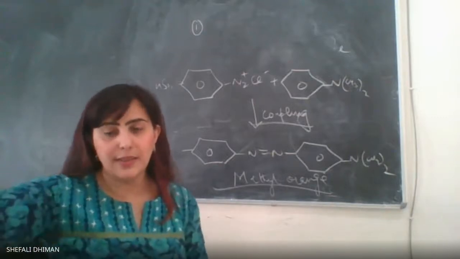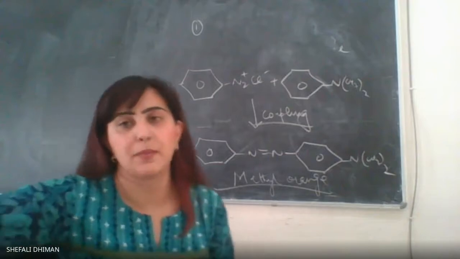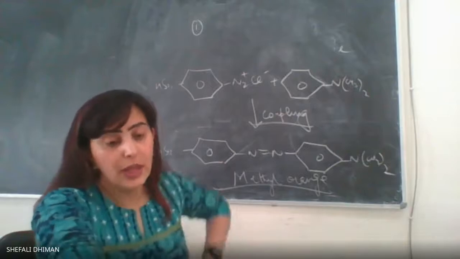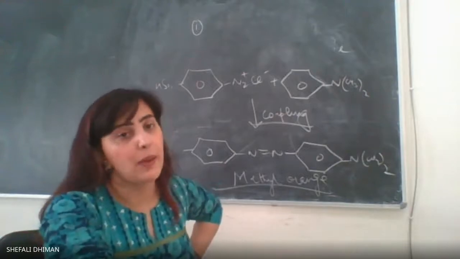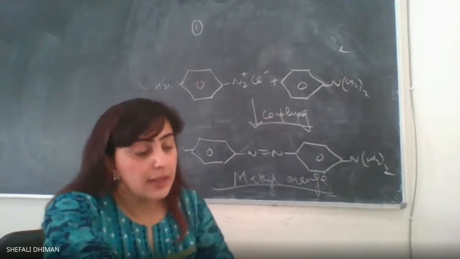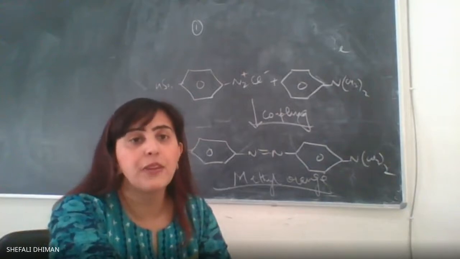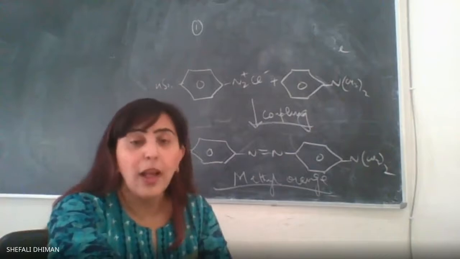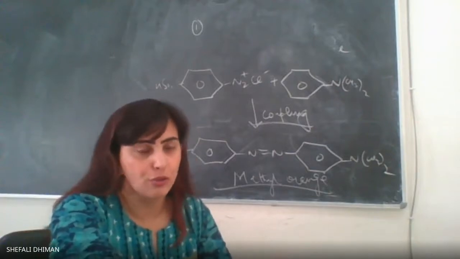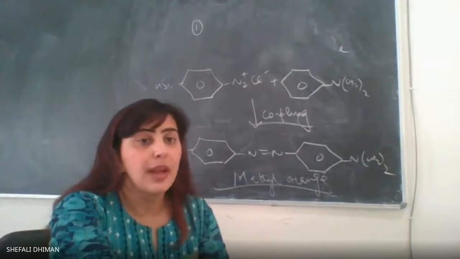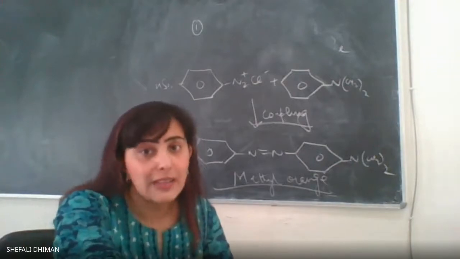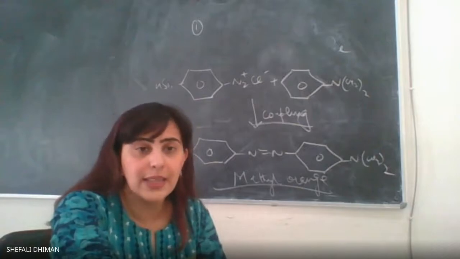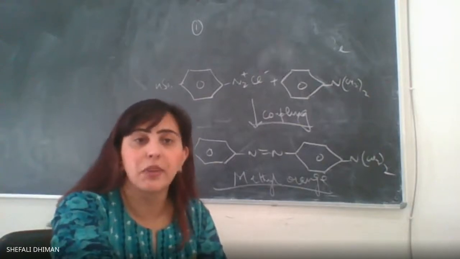This involves many steps. The first step is the most crucial step, the preparation of the diazonium salt. And the second step, which is the coupling, will automatically take place. The thing is that you need to be very careful while precipitating methyl orange as well, because if you lose it in the solution form and it does not come out, it becomes a great hassle to actually precipitate out. So all these steps are important until the time you get the final precipitate.